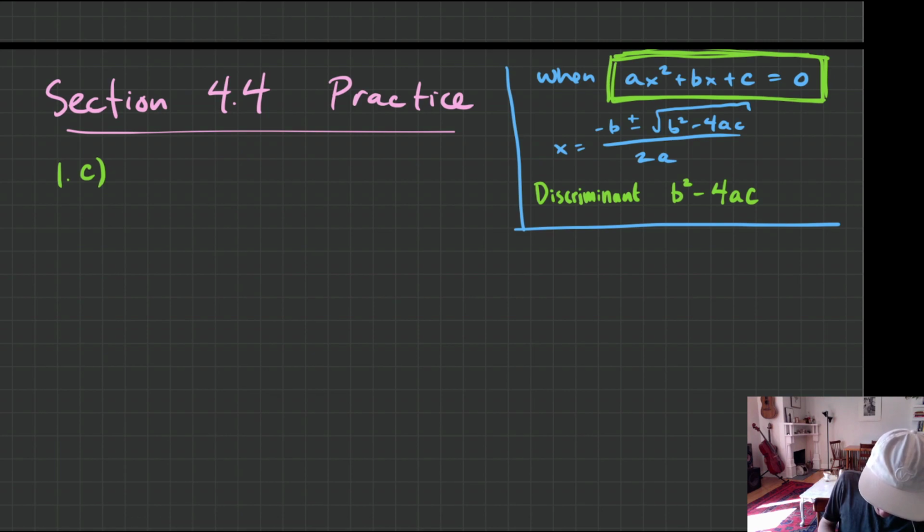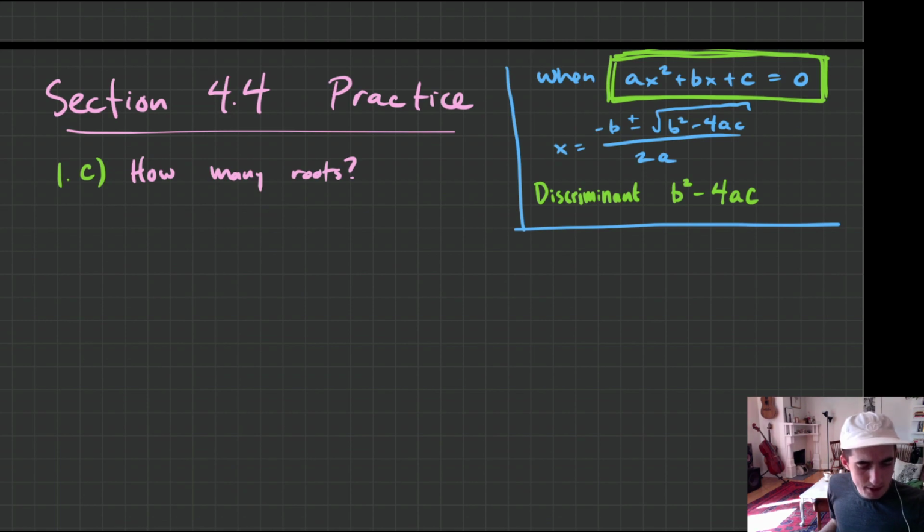I'm just going to write, how many roots? Do not solve the equations. And then we are going to check the answers graphically. So I'm going to use a graphing calculator, in particular Desmos, because that seems to be the one that's easiest for me to use. So, how many roots? And what did we say 1C was? r squared plus 9r plus 6, equal to 0.